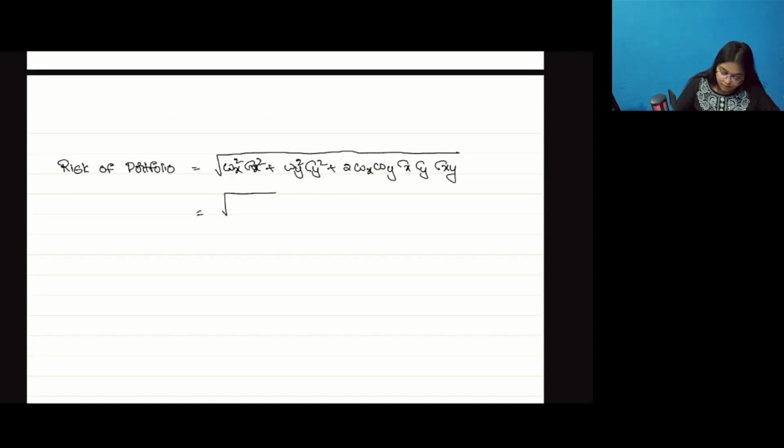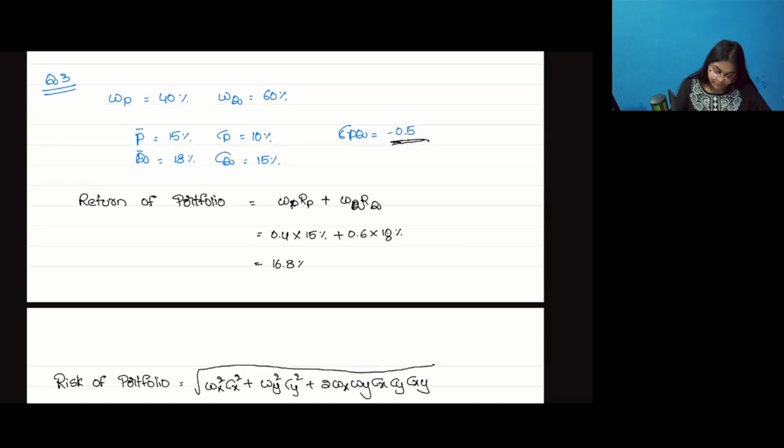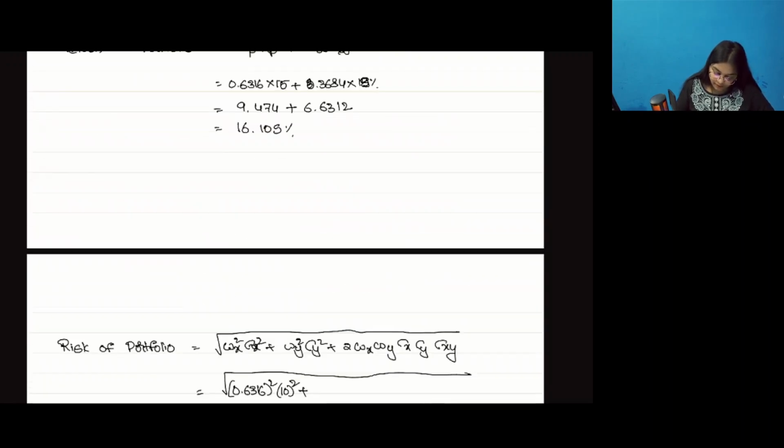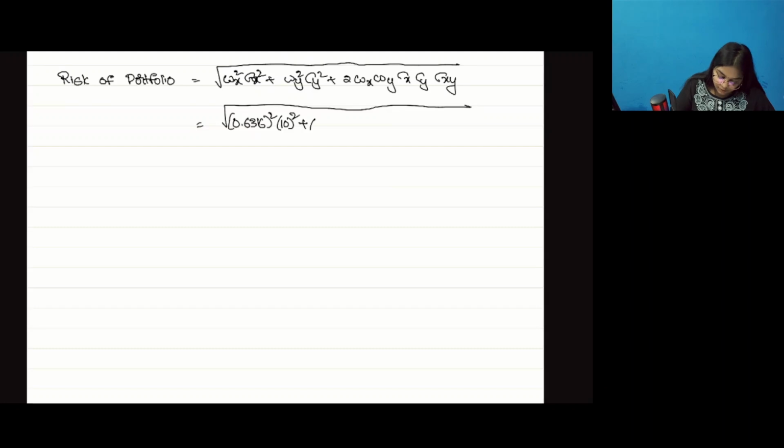So it is 0.6316 whole square, sigma x square is 10 square, plus weight of y is 36.84, 0.3684 whole square into 15 whole square, plus 2 into 0.6316 into 0.3684 into 10 into 15 into minus 0.5,